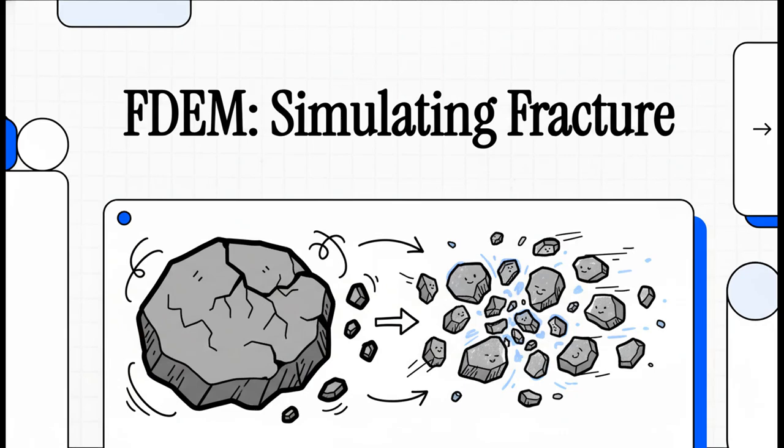Ever wonder how engineers can predict exactly how a rock shatters? Or how a concrete wall just crumbles in an earthquake? It's a seriously tricky problem for simulations. I mean, how do you model something that starts as one solid piece and then explodes into a bunch of flying fragments? Well, turns out there's a brilliant method designed for just that, and we're going to break it down